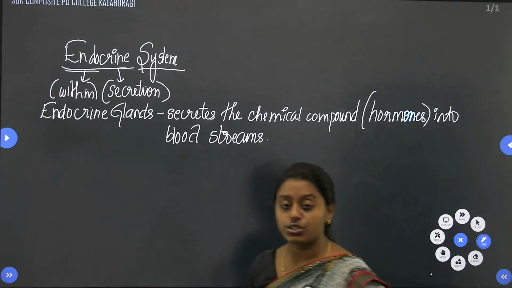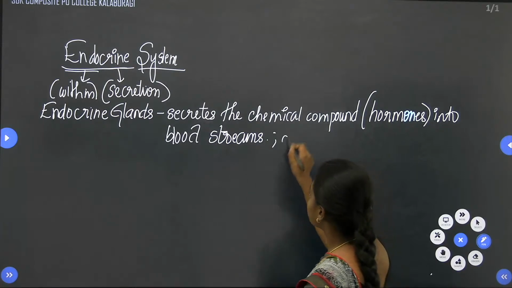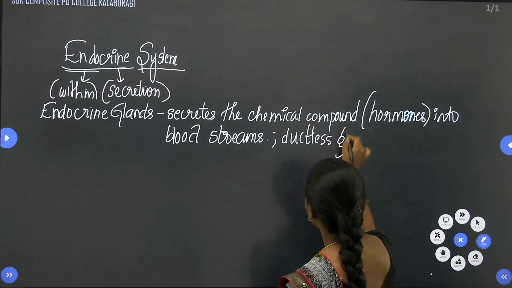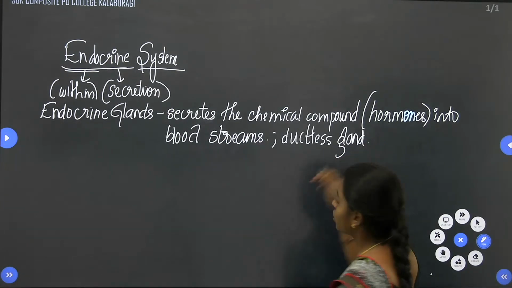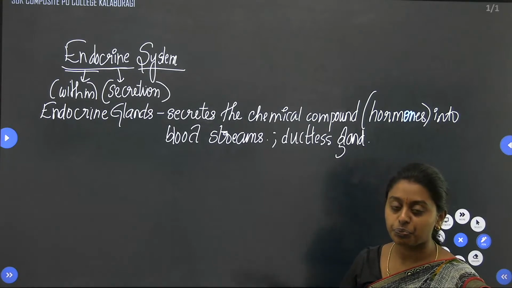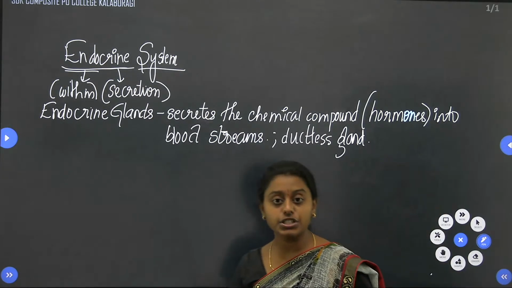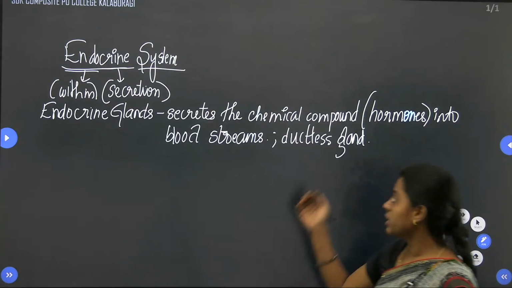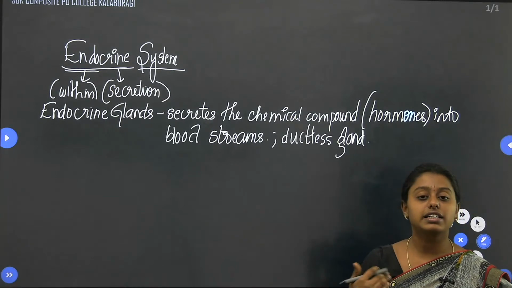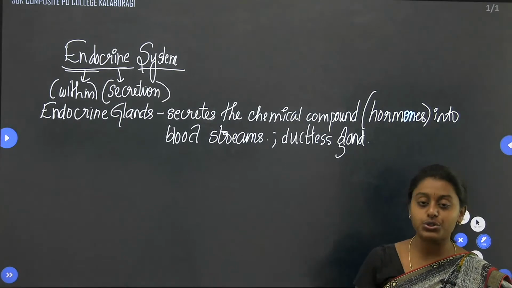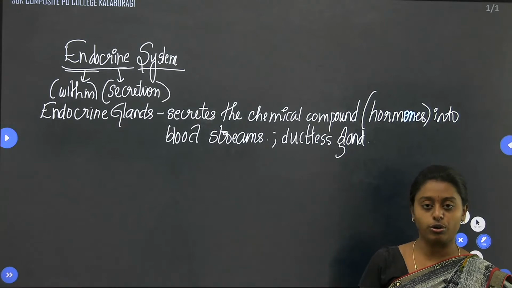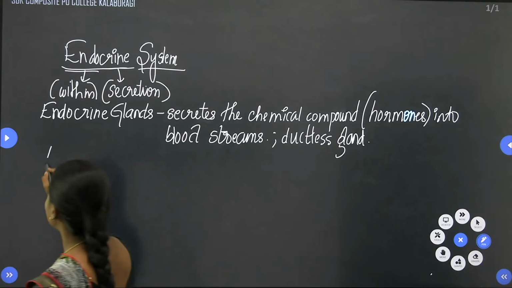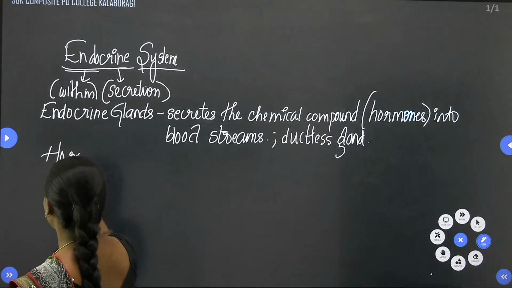These endocrine glands are generally termed as ductless glands because they lack the tubular structures called ducts. So the endocrine glands which do not contain ducts are termed ductless glands. As the duct is not present, they secrete the chemical compounds, so-called hormones, directly into the bloodstream. We can define hormones as